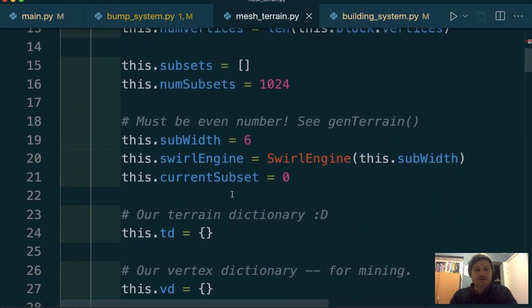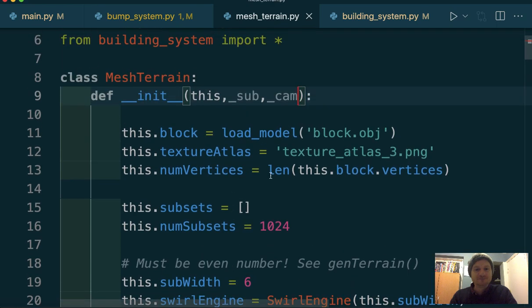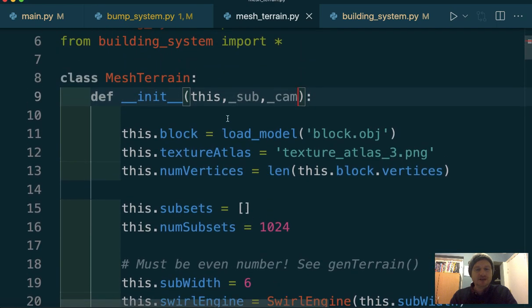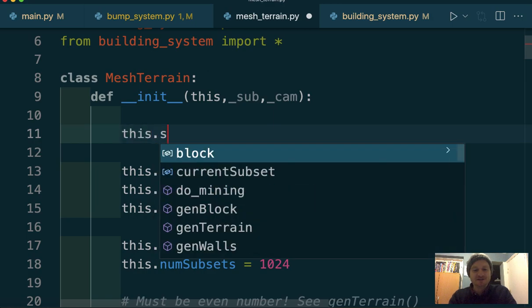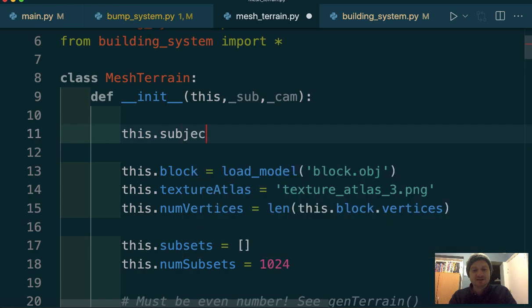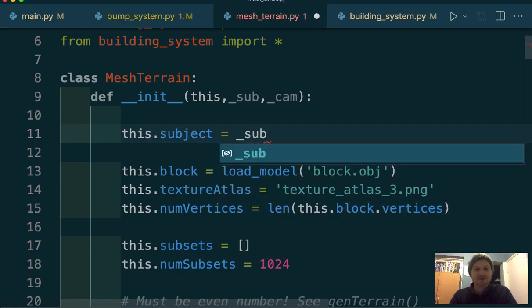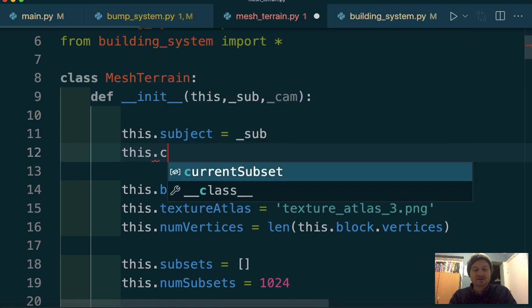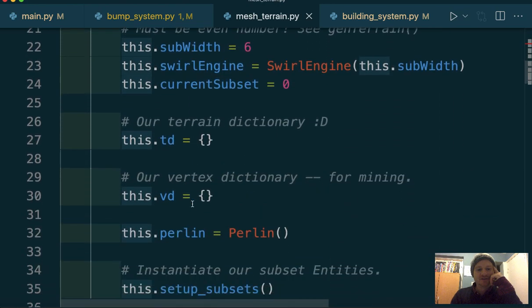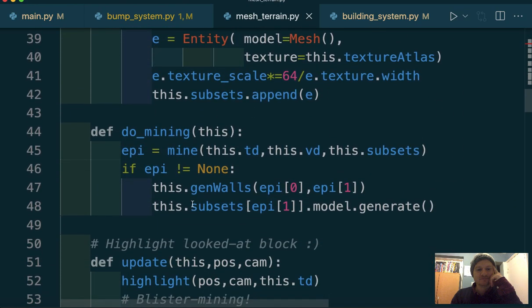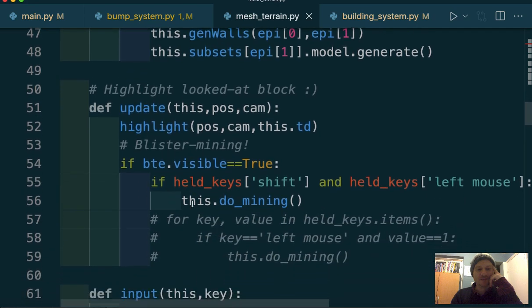And then we can create its own, and I'll do that all before we give it its essential things. We'll then say this dot subject equals sub, and this dot camera equals cam. Okay, so then in update,